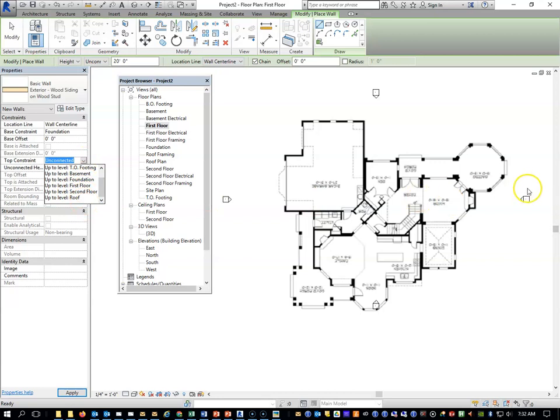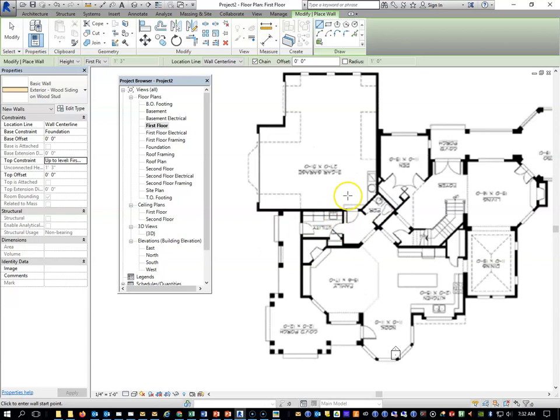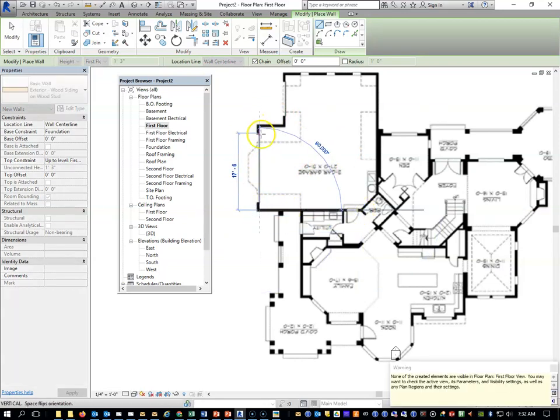Some of these walls go full height, some of them do not. So I'm going to go with first floor to start, and then we can adjust them accordingly. If you remember, if we draw clockwise, the exterior of the walls or the siding goes on the outside. So I'm going to start here and start drawing some walls. Try to make sure that you're drawing horizontally, and